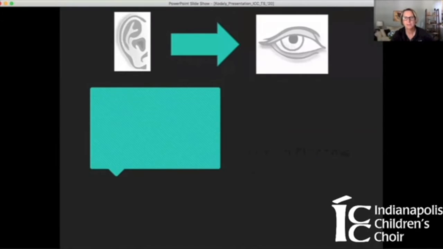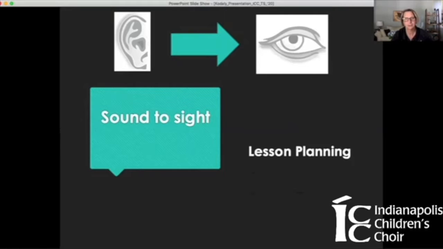The Kodály method teaches music to children in the same way that they learn language: hearing, speaking, and reading, ear to eye, or we sometimes like to say, sound to sight. Keep in mind that children are fluent in communication via spoken language long before they actually read the language. We shouldn't be teaching them to read music without them having a very strong foundation in music itself.